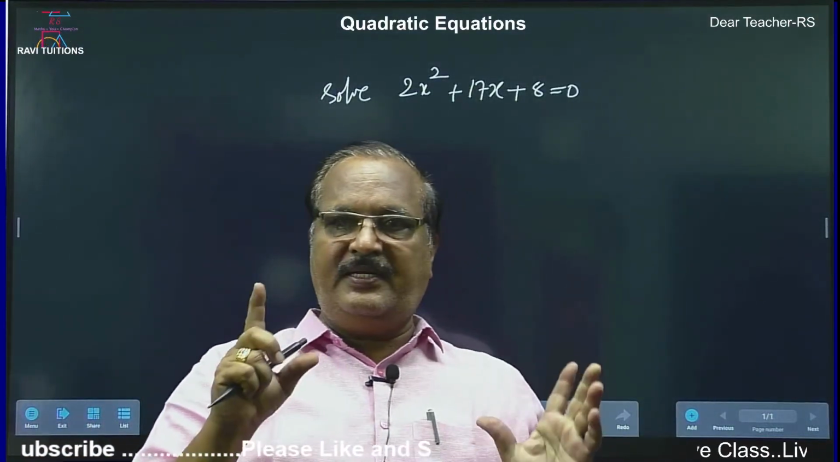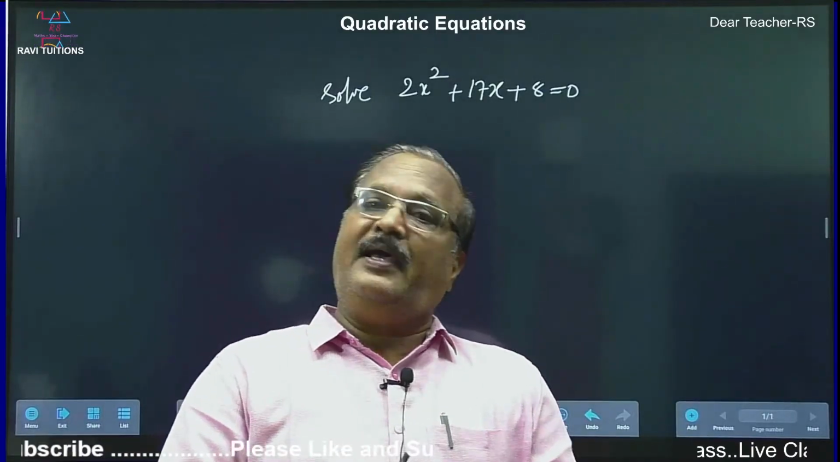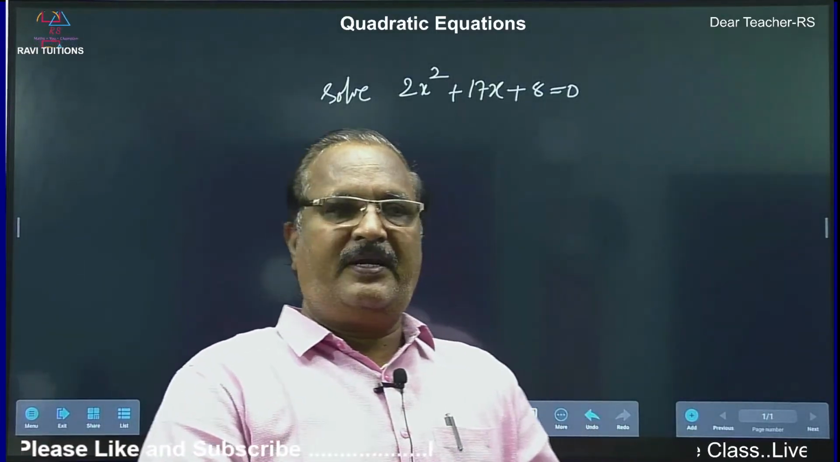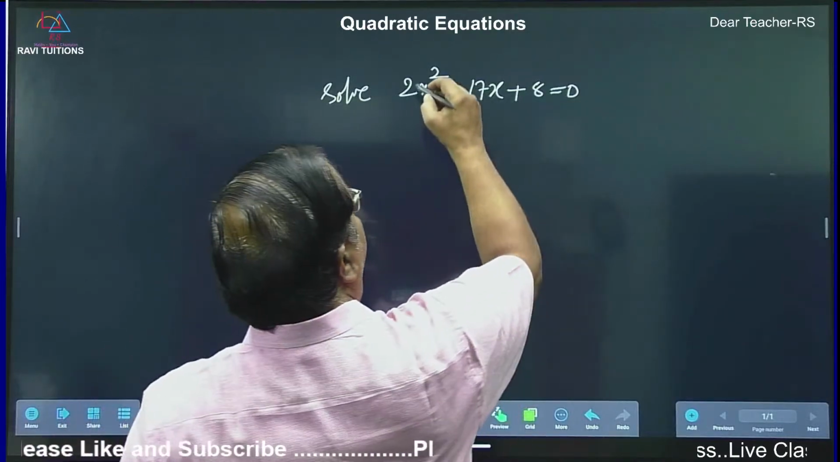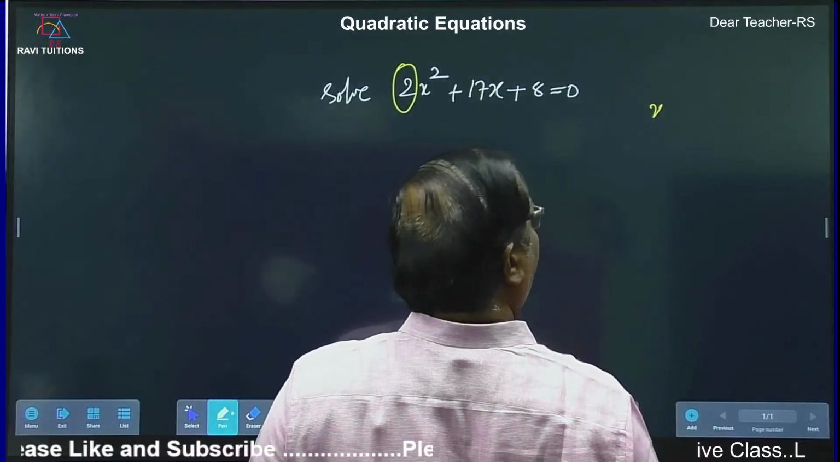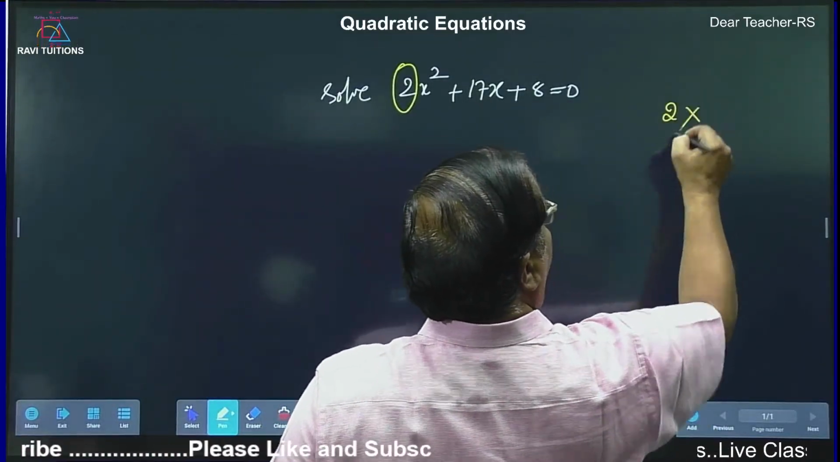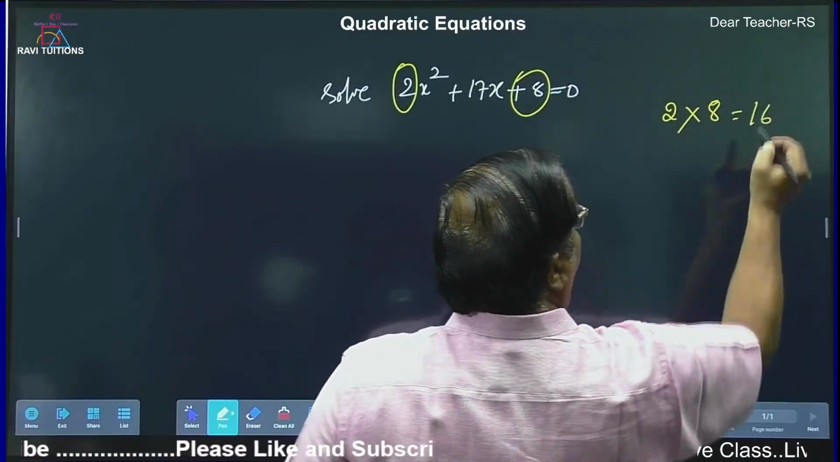I am using splitting the middle term. This is the very common method. I have given a separate video on this, but again I am going to explain. So now take the x square coefficient and take the constant and take the product,